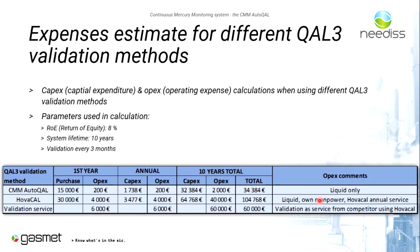You try to compare the CMM with AutoCal function and the CMM without AutoCal function, but it needs the HOVOCAL? No, I'm going to compare 3 methods to fulfill the core 3 validation tools. Our AutoQual, our calibrator already have these functions, and if you don't have this function, then probably you have to use external calibrator for the core 3 purpose,